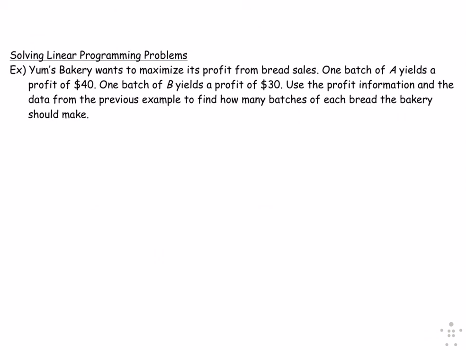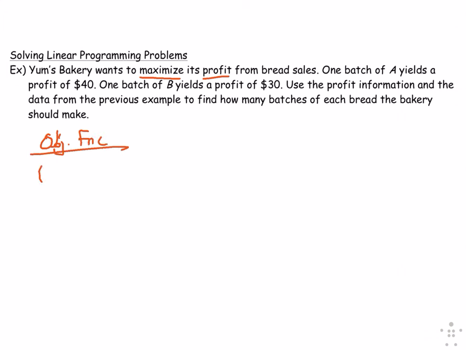Now let me level with you for a second. Because I split this problem up into two examples, I didn't really go in the order that you always will. What you need to know is the first thing you do is figure out what you are trying to maximize or minimize. That goes with your objective function, which you want to write first, so you don't accidentally put the information into your system of constraints. So you scour the problem for that word maximize or minimize, and then here, because it's profit, that means the objective function